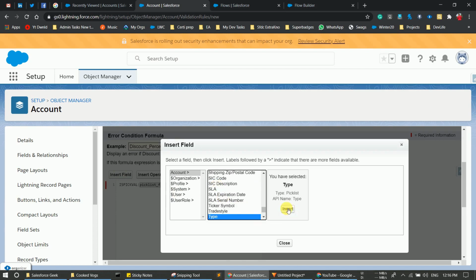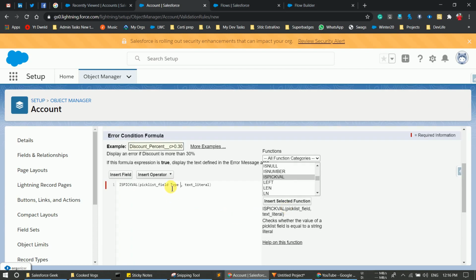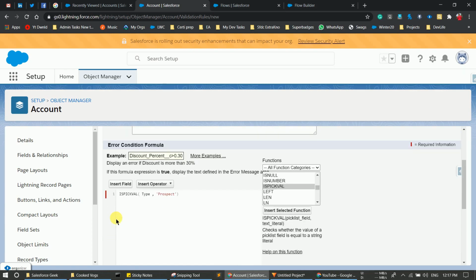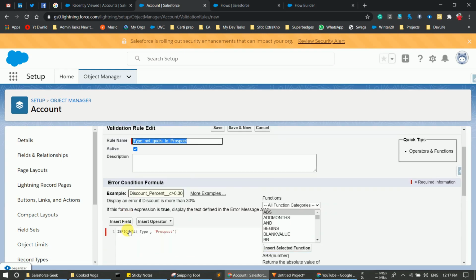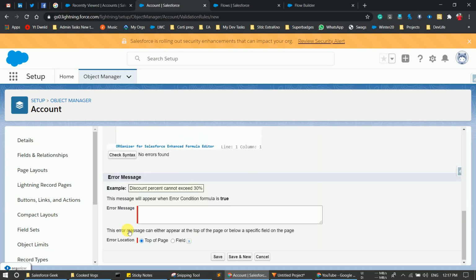Let's insert it and remove this picklist field placeholder, and after the comma we have to provide a value. Let's say the value should be equal to Prospect, and simply check for syntax errors. No error found, and we simply provide an error message: account can't be saved with prospect type.